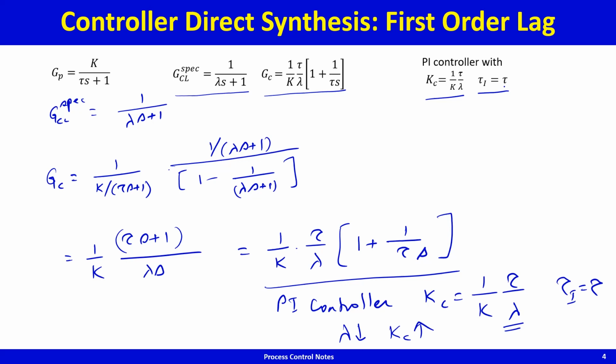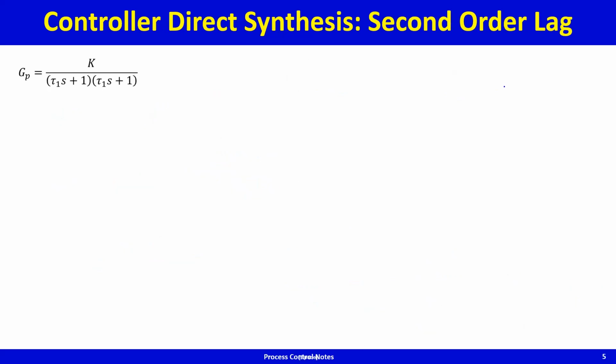Okay, let's look at now maybe a second order lag. So for a second order process, again I say, okay, my closed loop response specified should be a first order lag with time constant lambda. In this case, again Gc will turn out to be tau 1 s plus 1, multiplied by tau 2 s plus 1